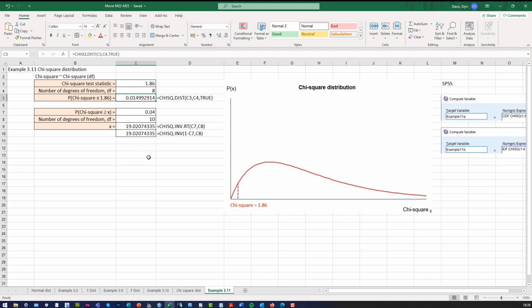Now, if you know, say for example, that this area here is 0.04, then you can use the chi-squared.inv.rt function to calculate what the value of the chi-squared variable x is equal to. What I've done here is I've said the area is 0.04, the degrees of freedom is 10, and we use the